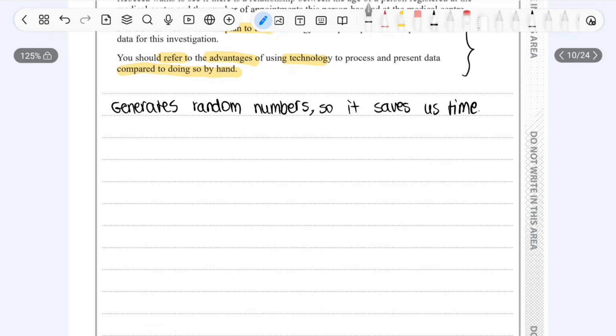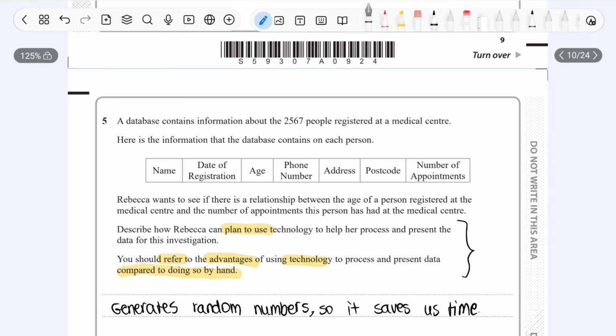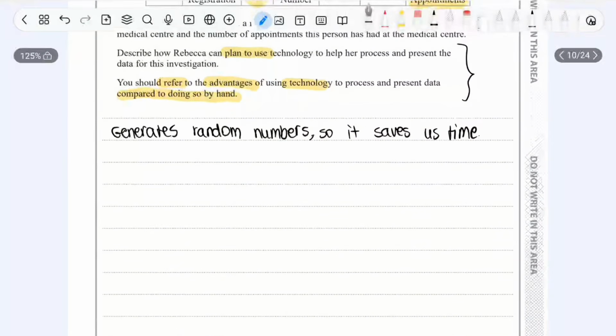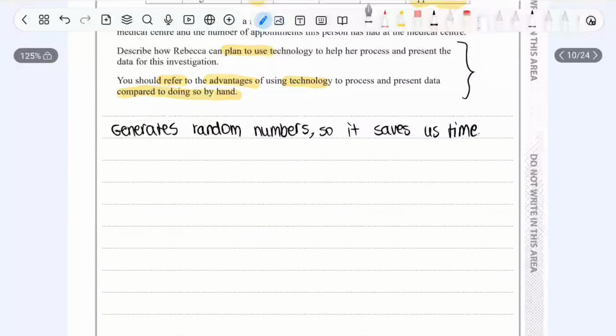So the next one we can think about is, well, look at all this information given. She just wants to know about the age of the person and the number of appointments. So all of this here, the name, the date of registration, the phone number, etc., this is all irrelevant information. So we can kind of say that the technology will remove irrelevant information